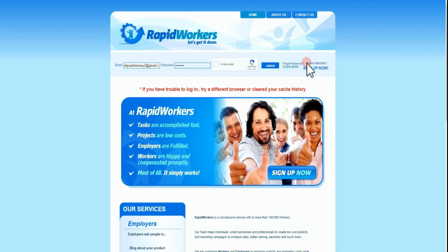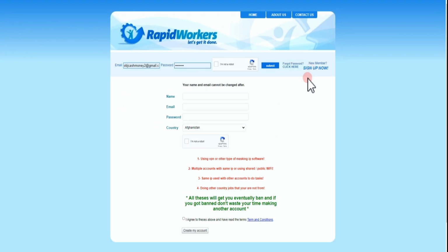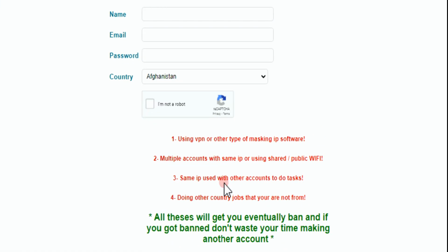Now that we know how Rapidworkers works, let us go ahead and create an account. To do that, just hit this button right here that says sign up now. Then you're going to be on this page. The first thing I want to tell you is that Rapidworkers is very strict about the rules. If they say you should do something and you refuse to do it, they're going to get your account blocked. So these are some of the important factors that you should take into consideration before getting started on